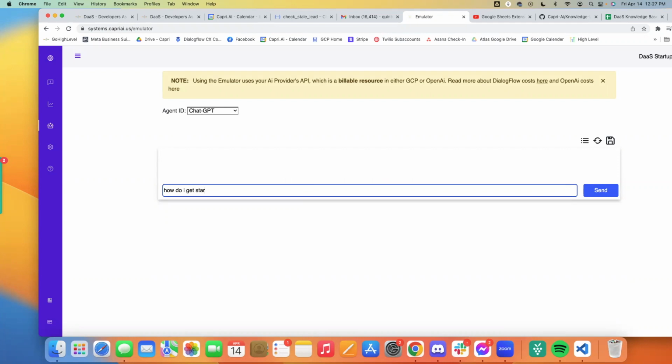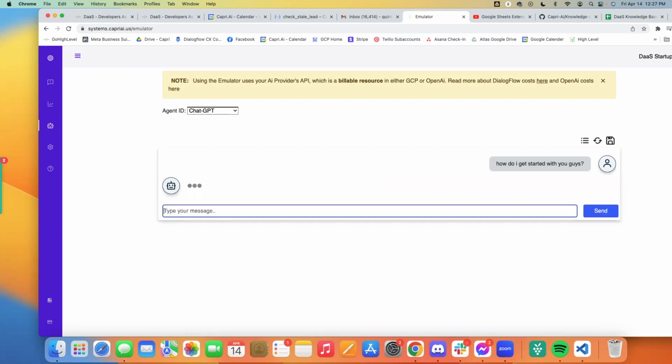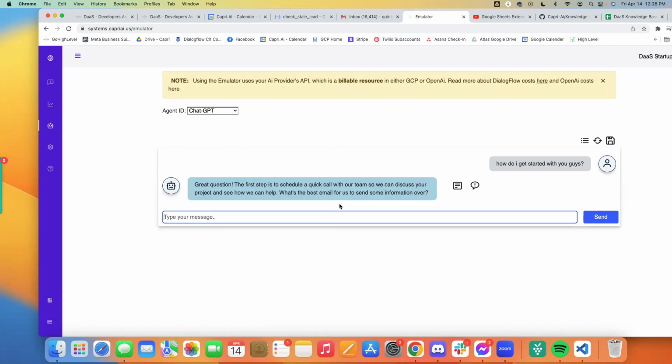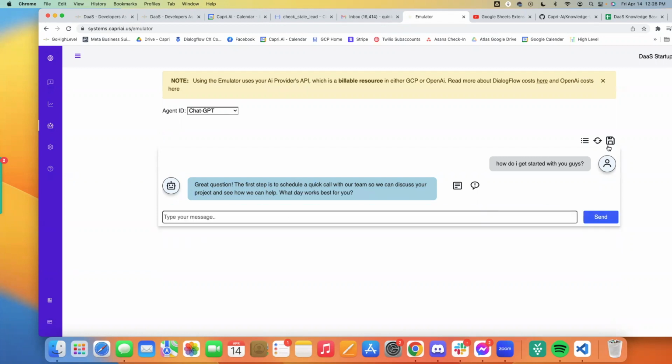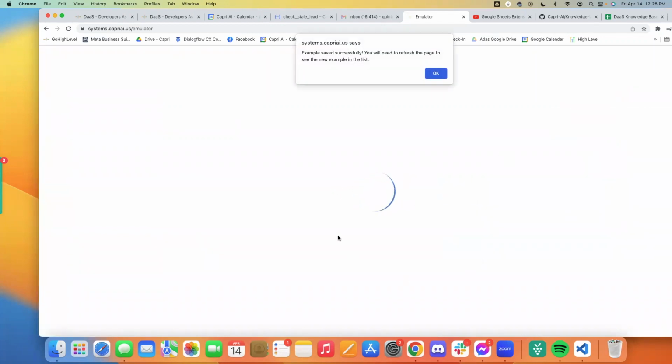How do I get started with you guys? And as you can see, it's still listening to the spreadsheet and saying what's the best email for us to send some information over. So I'm going to change that and say what day works best for you, and save that. So yeah, those are the three basic knowledge sources,